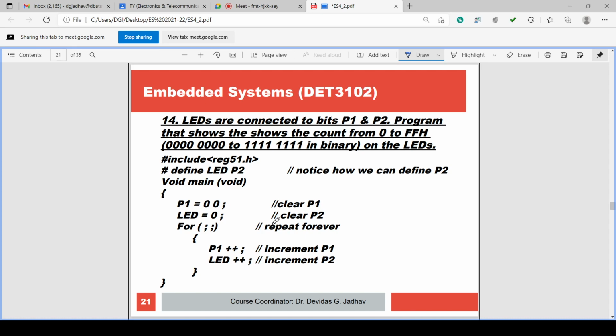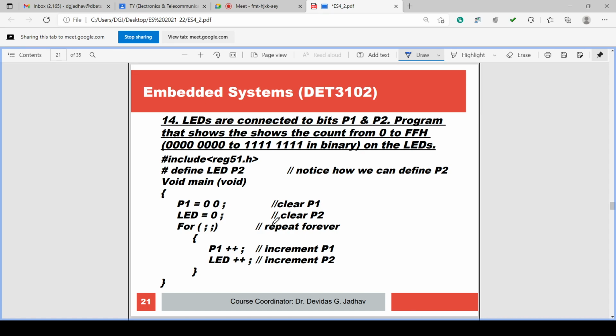So the LED will be on if the bit is 1 and off if the bit is 0. Whatever we observe as ticks in the window, the same thing we can observe by connecting LEDs. If you do it practically with the IC, we can connect the LED bank and observe which LED is glowing and which is not.